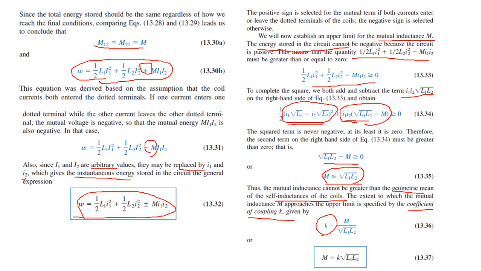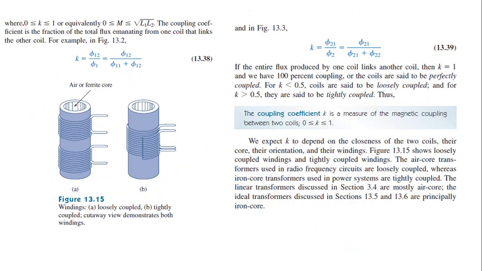So this value of K tells how these two coils are connected, whether they are loosely coupled or tightly coupled, because we are talking about coupled coils which are placed very close to each other. Okay, so this K says how these two coils are connected. Now K can be written as M by root of L1 L2, or mutual inductance can be written as K into root of L1 L2. This value of K varies from 0 to 1, or M varies from 0 to root of L1 L2.